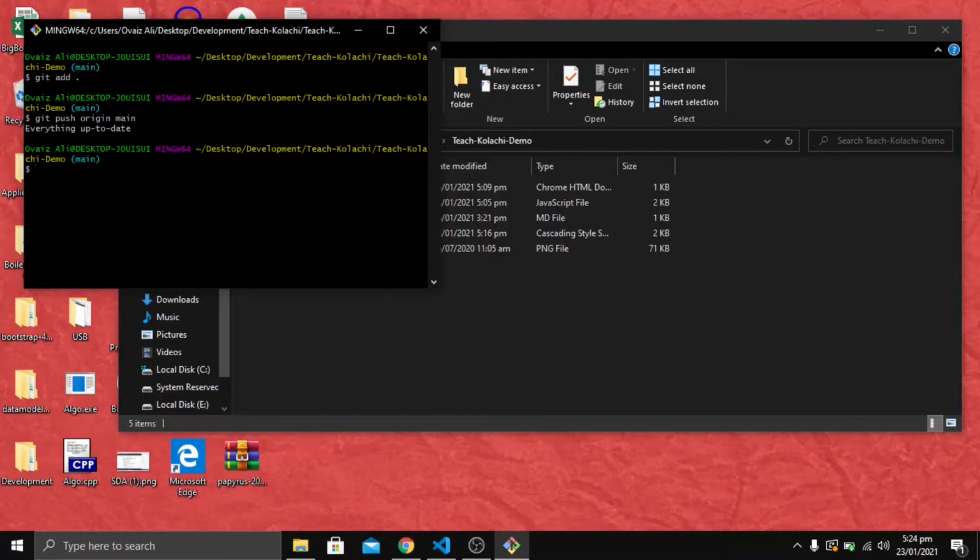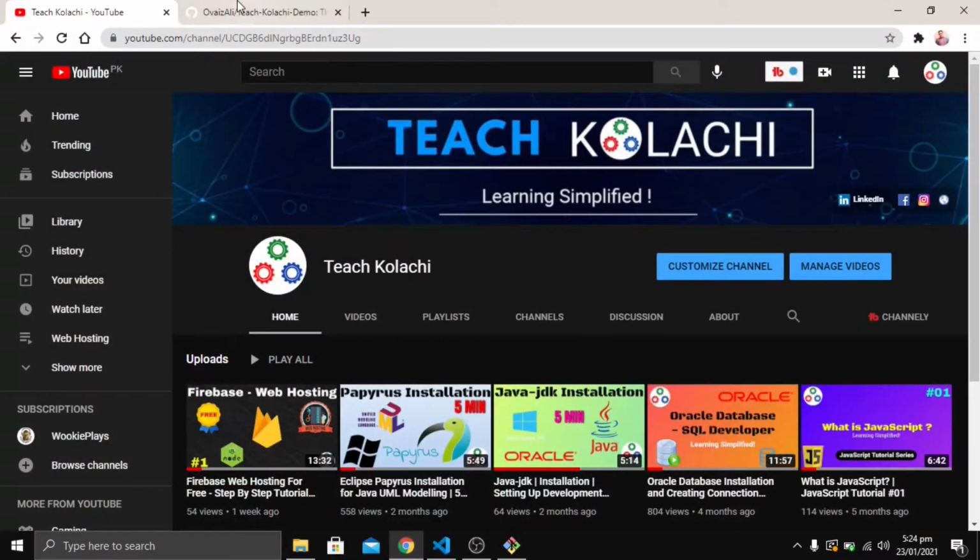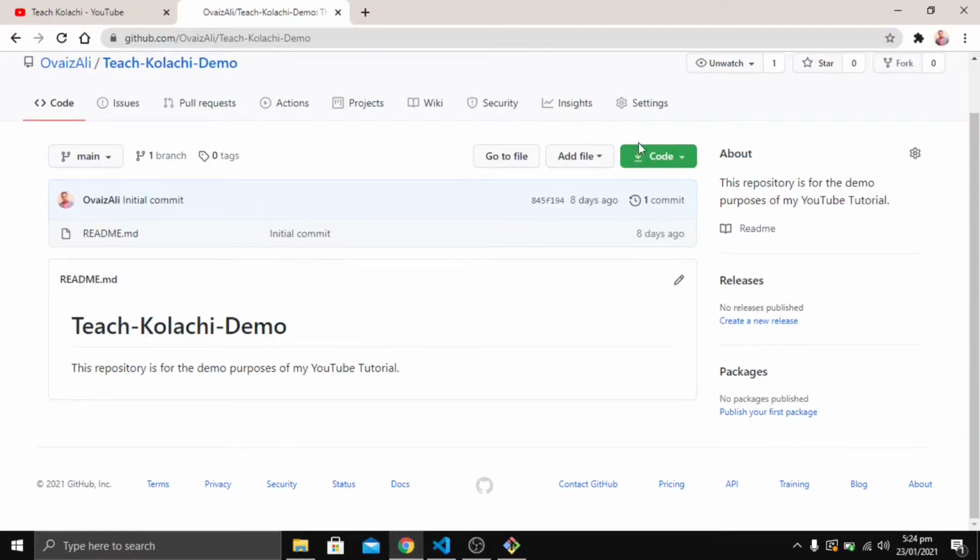If you use GitHub Desktop, you can easily drop down all the updated files to the GitHub repository as you wish, and you can also put all the files in the GitHub repository by going to the GitHub website. So it depends on you what method you choose to put your code on the GitHub repository.